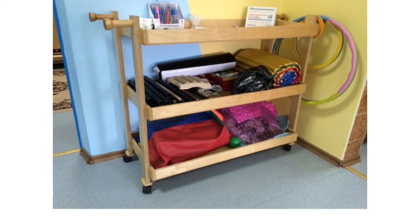On this photo you can see another example of mobile furniture. This is a classroom that you can just come to. You can bring an art classroom, you can bring a music classroom. You don't need to make big specially designed spaces for that, because they would be empty most of the time. So you just have to focus on how to increase the efficiency of space,